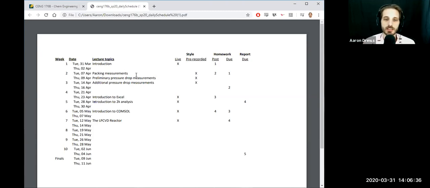So it's not like we're hugely modifying the course right now just to accommodate the remote structure. It was already in a position where it was going to be able to be modified pretty well. So that's really convenient. It means that you're still going to get basically the full experience of the course. It's not going to be dumbed down very much. And I say very much because if you look under the style portion here on the daily schedule, what's being listed here are what the lectures are going to look like. Obviously, there's no lab. That's the element that is dumbed down a little bit, but not as much as you might think, and we'll get to more of that in a minute.